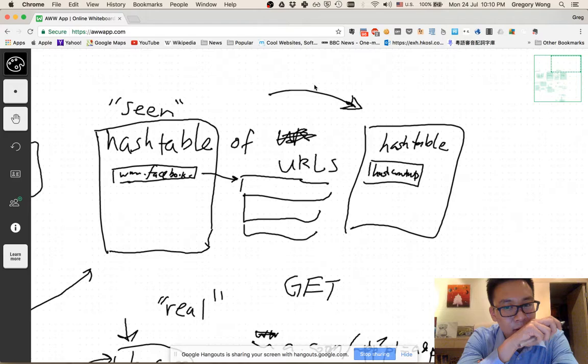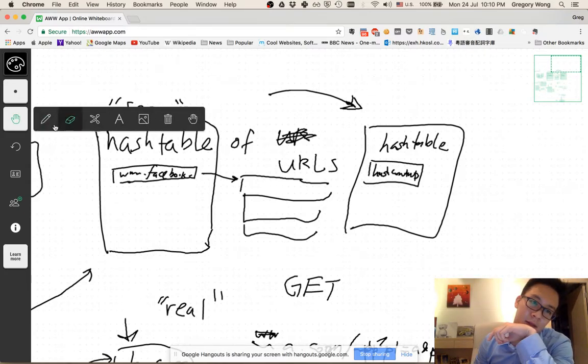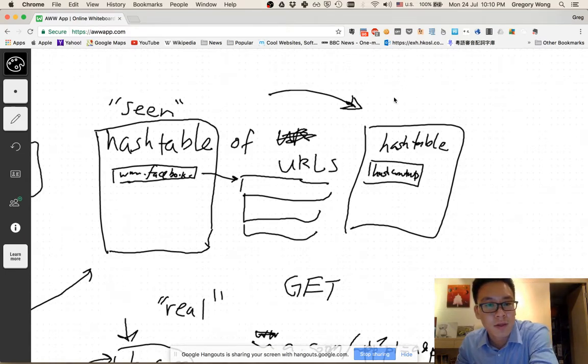So I guess right now what we need to figure out is if there's a way to know that we've seen the page before without going through its contents. Keep in mind this solution. There's no perfect solution. There's only good enough. So I guess the trade-off here is